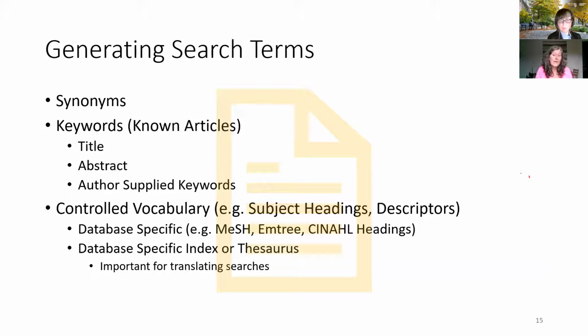There's controlled vocabulary. So in health databases, you will find the MeSH headings, which are the medical subject headings, the CINAHL headings. So the health areas have done this very well, where they actually populate your search based on the terms you've used. But other databases also have their own index or thesaurus. And these are very good places to look to see, well, how else do I ask this question? So for example,